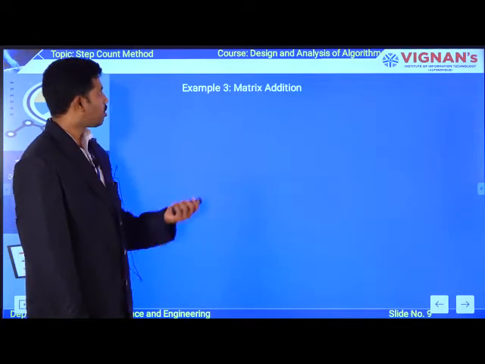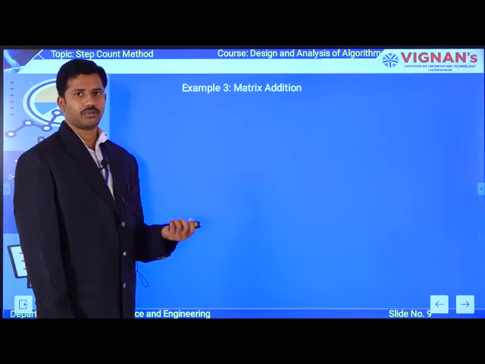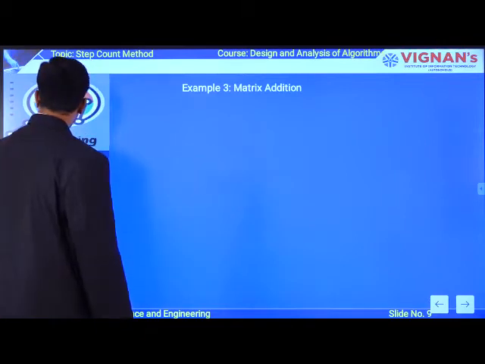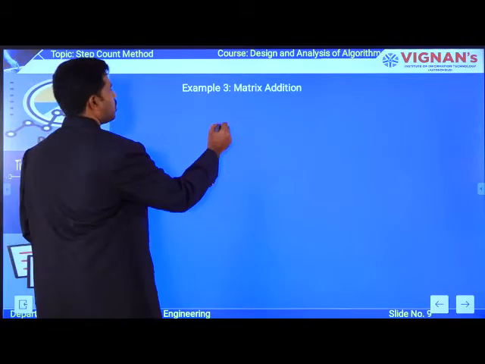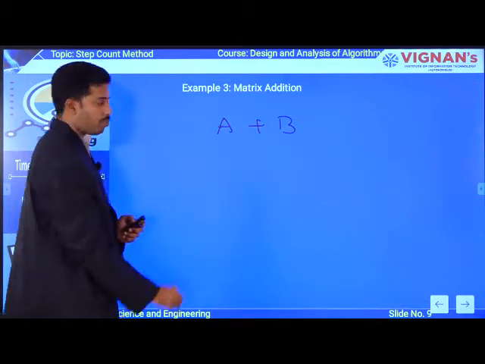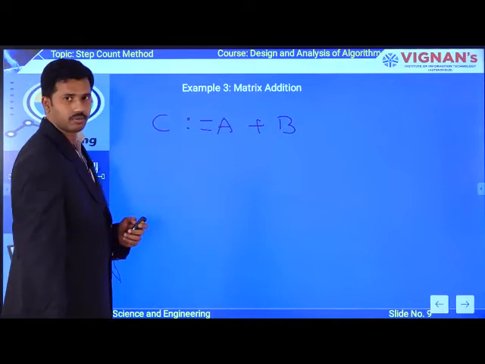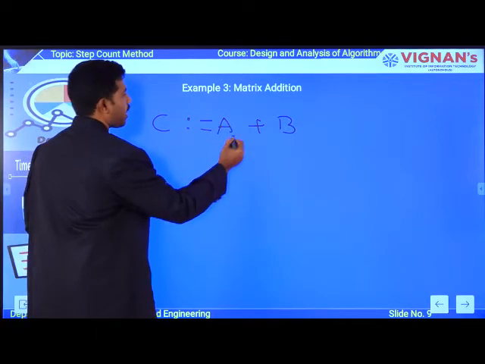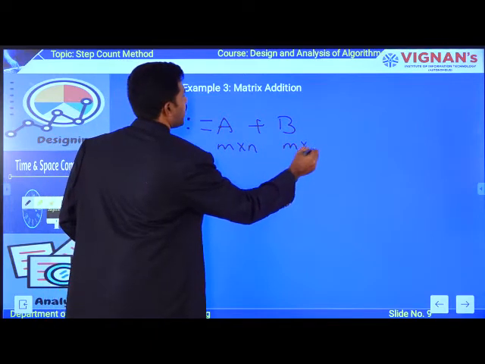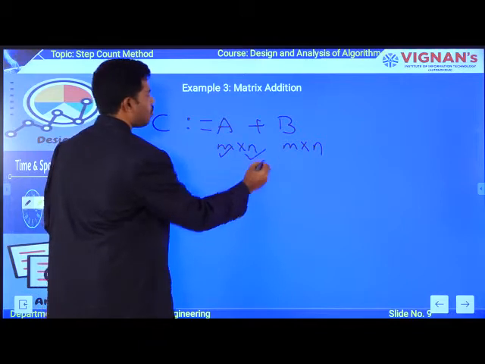Okay. Now coming to the third one. So in the third one, you are going to have a matrix addition. So how you are performing a matrix addition operation? So to get a matrix addition operation, you are going to be having 2 arrays as an input and the result you are storing to C. Ultimately, the input arrays A and B are having particular dimensions m by n. So m defines number of rows and n defines number of columns.